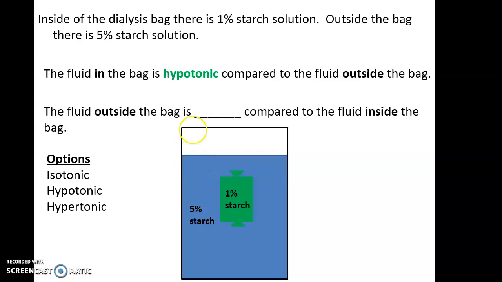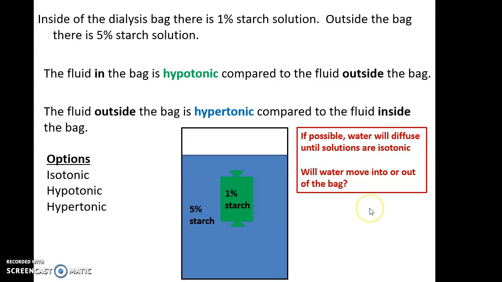Hopefully you chose hypotonic. The solution in the dialysis bag is hypotonic. It is less concentrated. The number is smaller. Hypotonic when compared to that outside. So that means the fluid outside of the bag is what compared to the fluid inside of the bag? Here are the options again. I hope you chose hypertonic. This solution is more concentrated, has a bigger number, has more solute, so it is hypertonic when compared to the